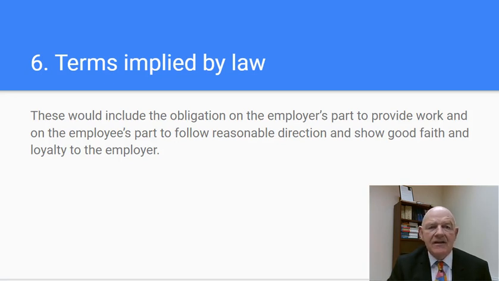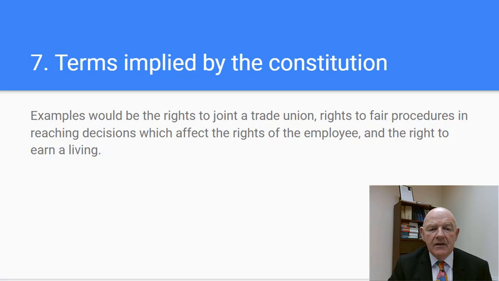For example, keeping a sales area clean and tidy and doing a bit of cleaning and sweeping and so forth. So you do need to follow reasonable direction. You do need to show good faith and loyalty to the employer, and the employer needs to provide work for you. The seventh bunch of circumstances that might give rise to a term being applied into the contract of employment